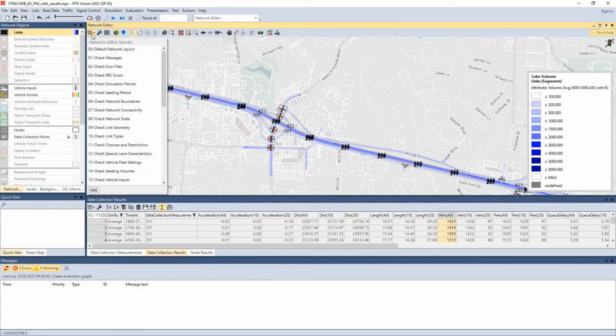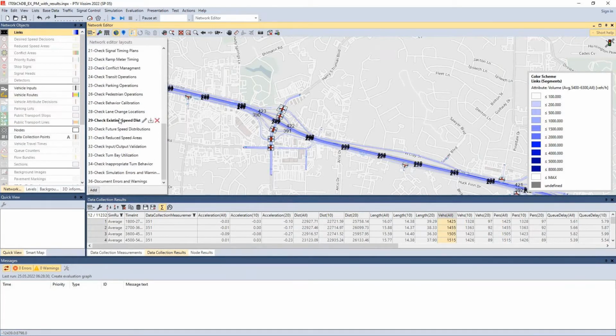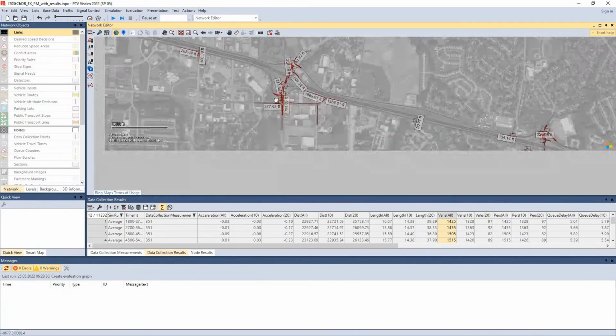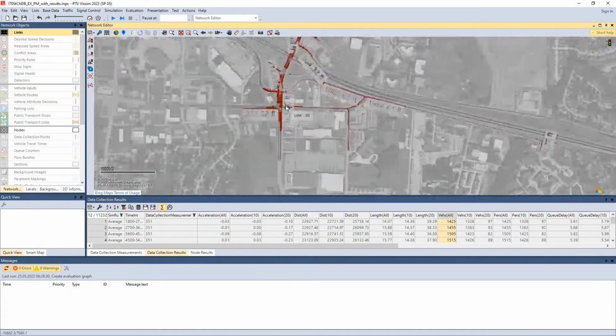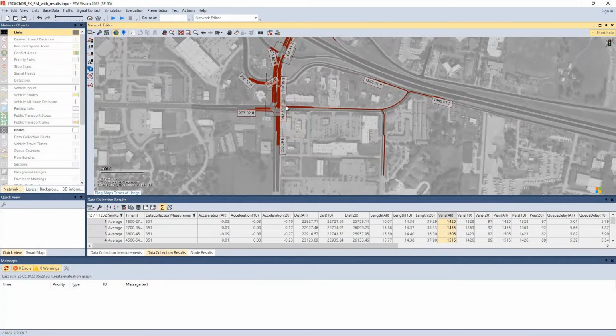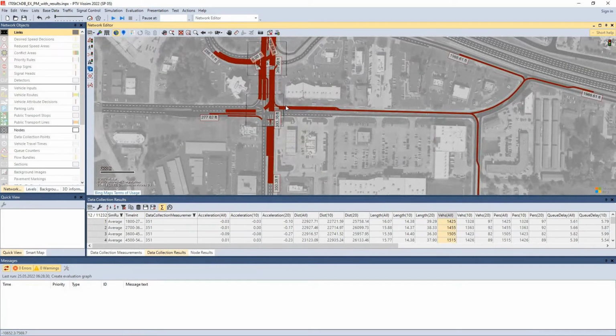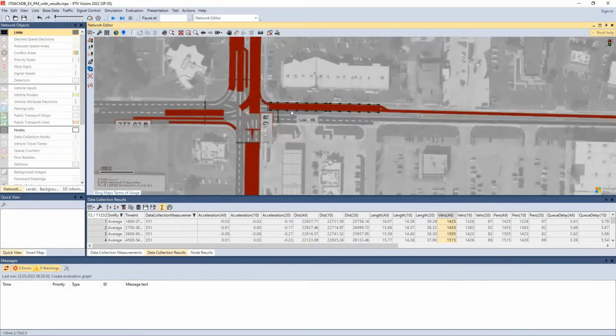After we've checked and validated our different counts and movements throughout the network, we can then go into our turn-based visualization. This is that queue visualization that we were looking at earlier. Now, queue results are only going to show up around the nodes. But one key thing about the node results is that the queues report back to the next node's traffic control device. So if we look at this